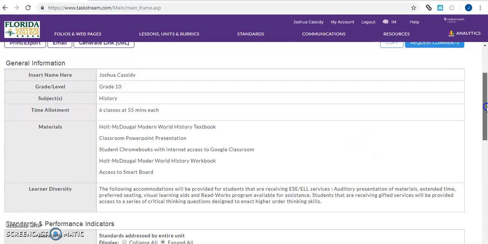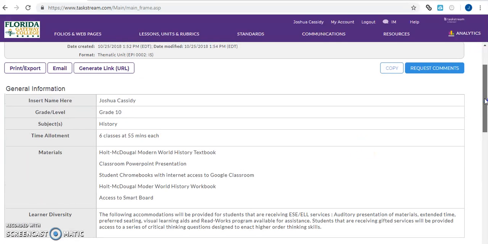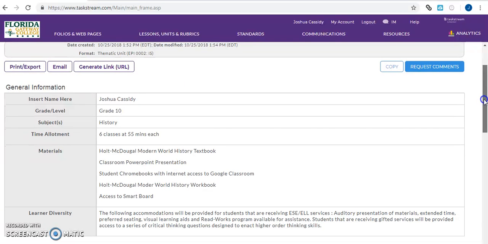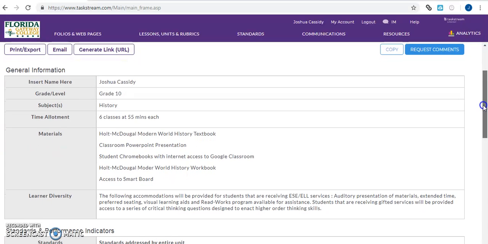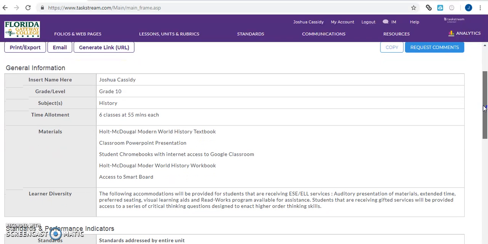Alright everybody, I'm Josh Cassidy and I'm an ESE teacher at Yulee High School, and I support facilitate for the social studies department, and usually I do world history and US history. Today I'm going to share my unit plan that I made, and it's going to focus more towards world history. So to go ahead and get started, I went ahead and did my